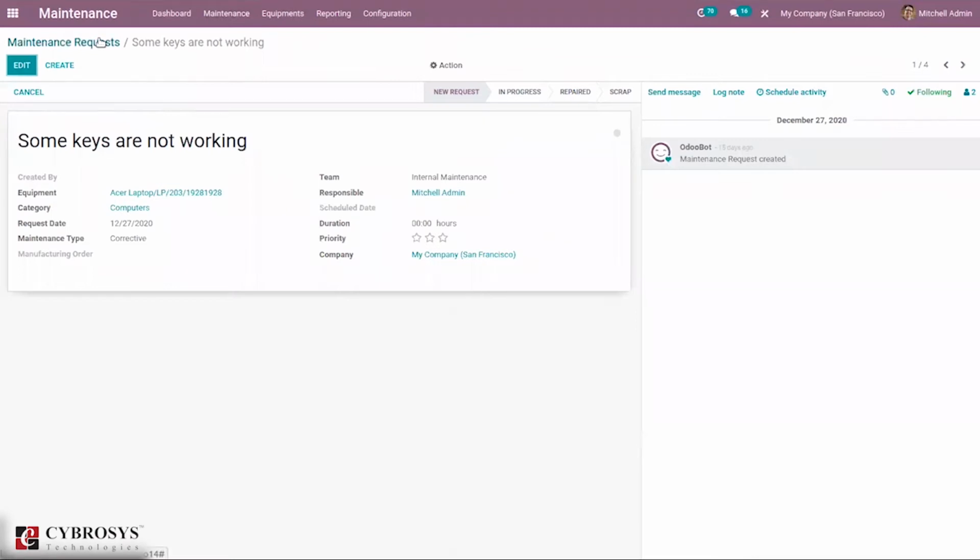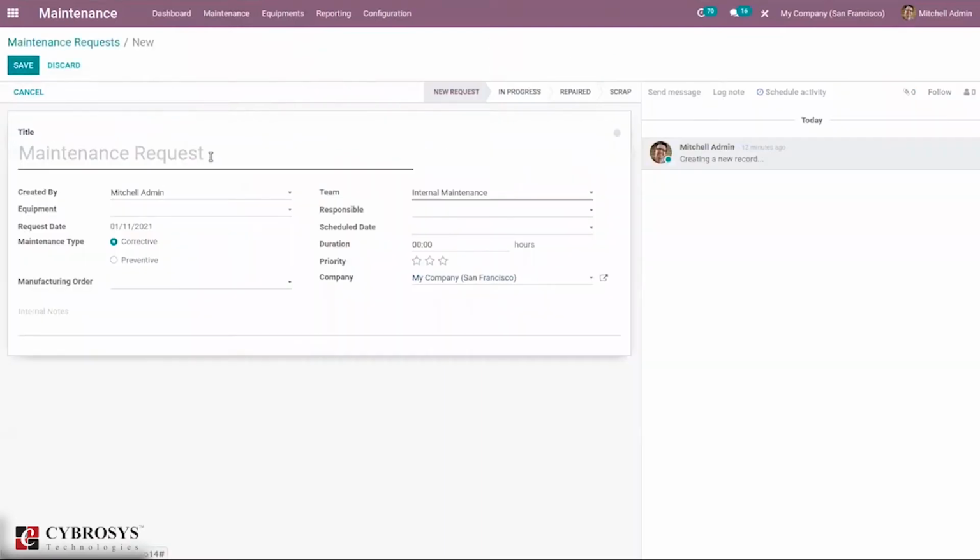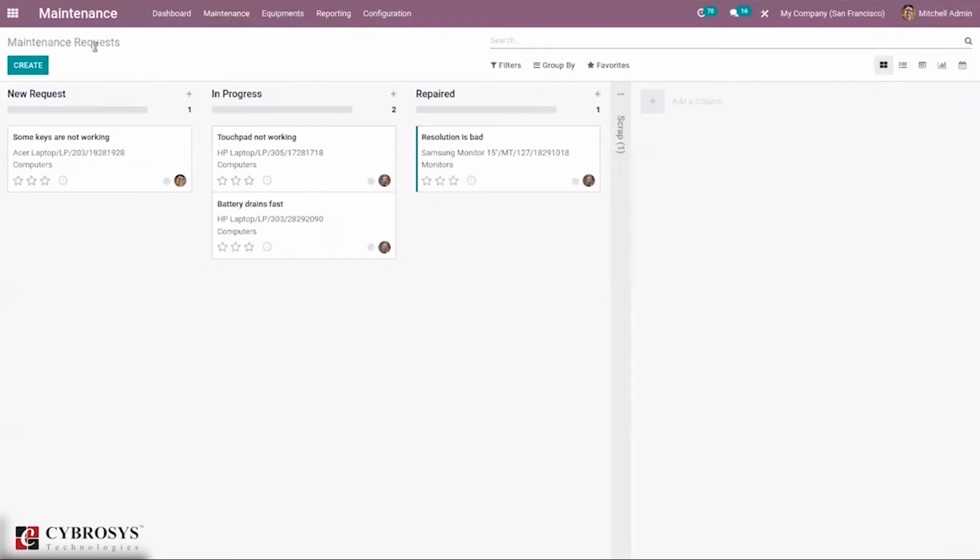So we can create a maintenance request directly from here, like just click on the create button, and we can provide the maintenance request name here.